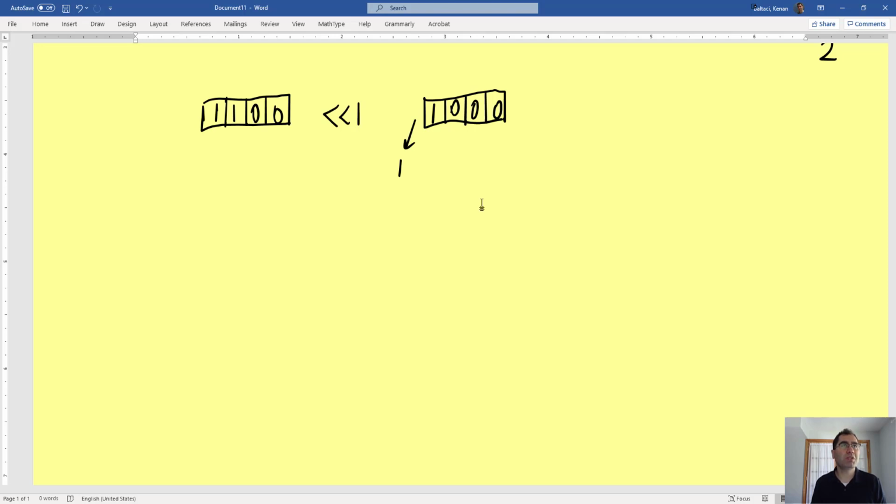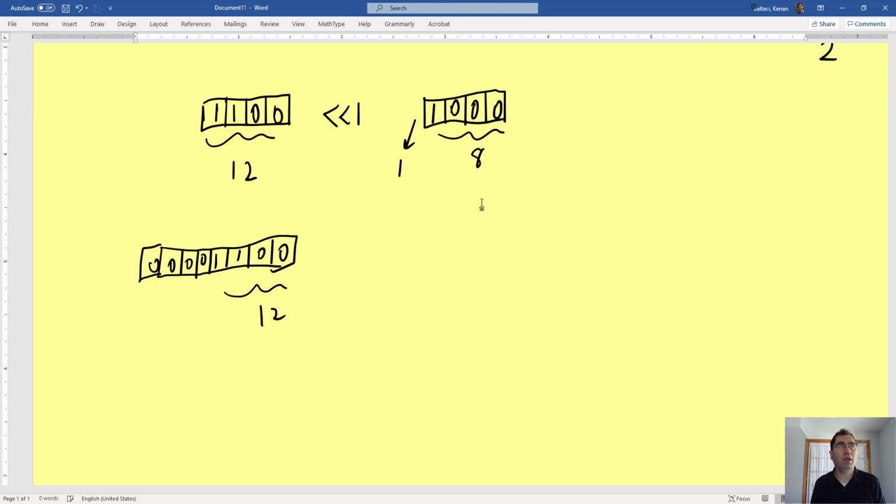In this case, what's the value of this one? 12. What's the value of this one? 8. Right? So in this case, it's not equal to multiplying by 2 because there's an overflow here, and that's causing an issue. If you had the same value in an 8-bit system, an 8-bit variable, it was not going to be an issue, right? 1, 2, 3, 4, 5, 6, 7, 8. The same number here is obviously 12, and then if you left shift this one by 1, it's going to be equal to